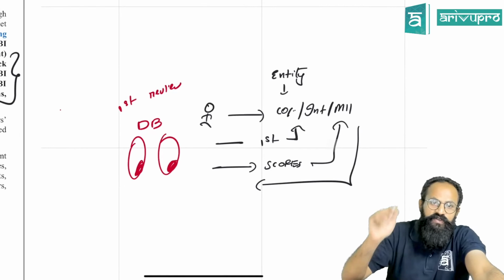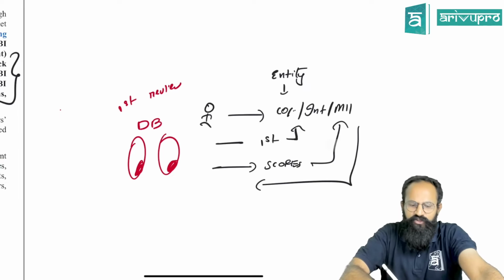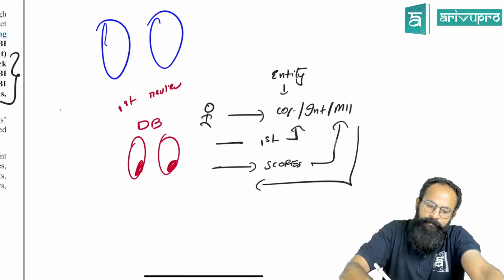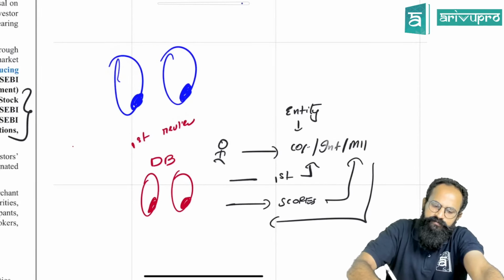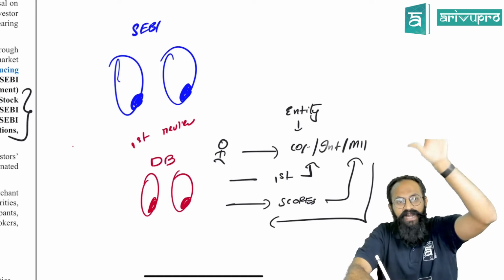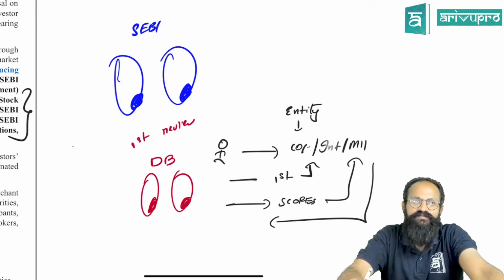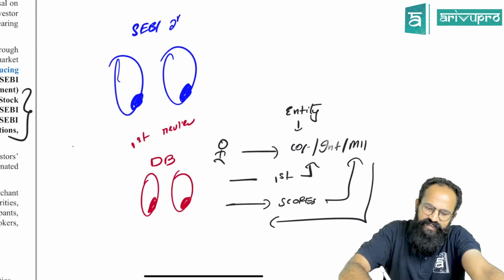Sir, now what if even this person has not taken sufficient care? I'm still not satisfied. Next, the bigger person will come. The person that comes is called SEBI. He is like the second ultimate leader and a regulator. So this is how they have framed everything. This is called the first review, this is called the second review.